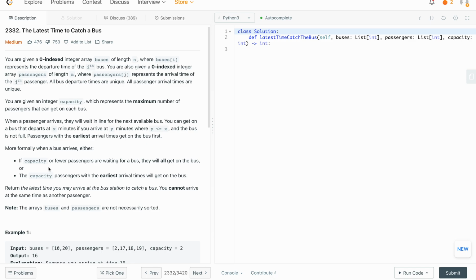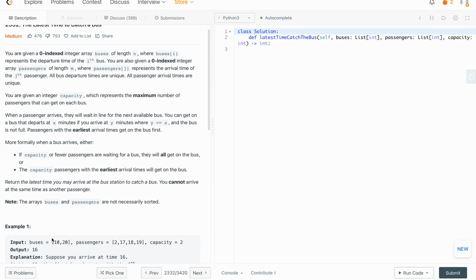We have buses and we have passengers, and arrays that represent when the buses leave. So this is the first bus, this is the second bus, and this is the departure time of the bus and this is the arrival time of the passenger. If a passenger arrives before or at the latest at the departure time of the bus, and if the bus has more capacity, the passenger can enter. So these are all the data, and the only rule is that when a bus arrives, if capacity or fewer